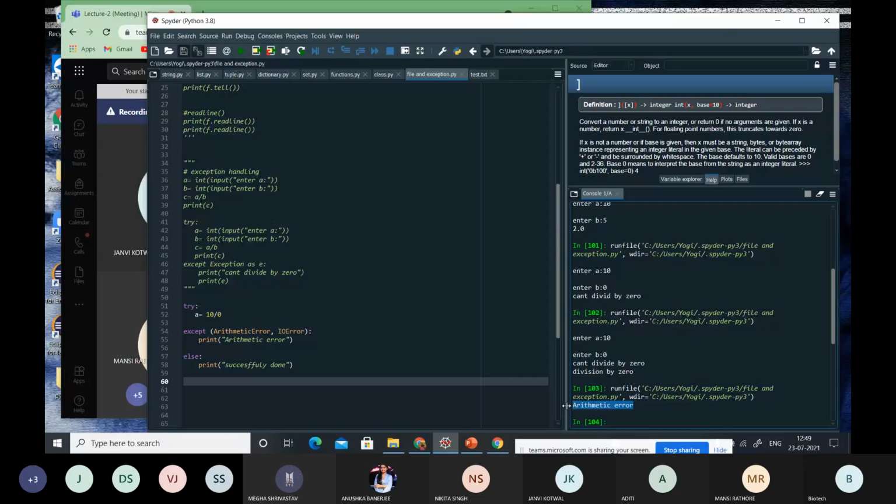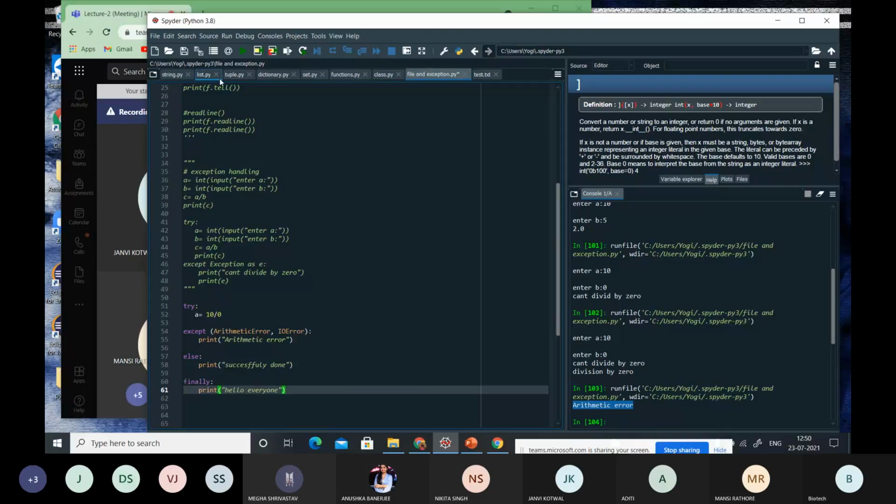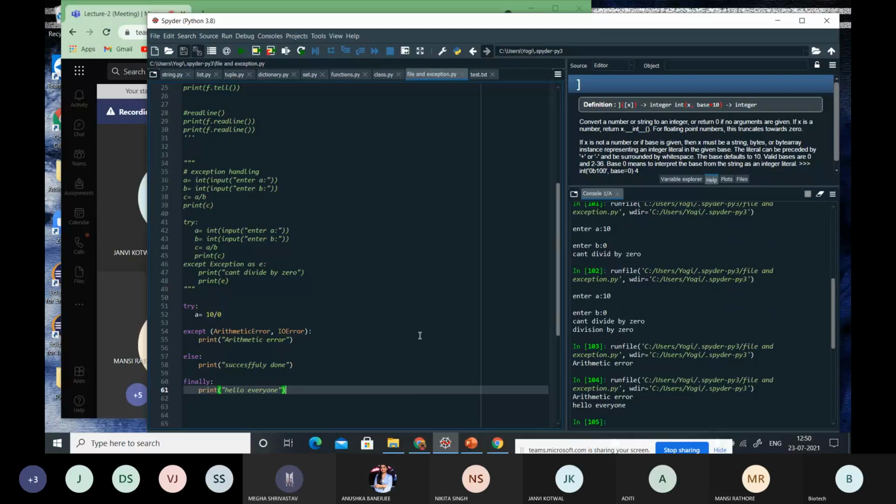Like suppose I am taking one simple example. See whether the program is running, whether there is an exception or not, this statement is going to run anyhow.